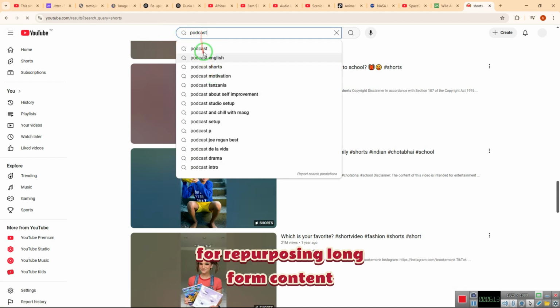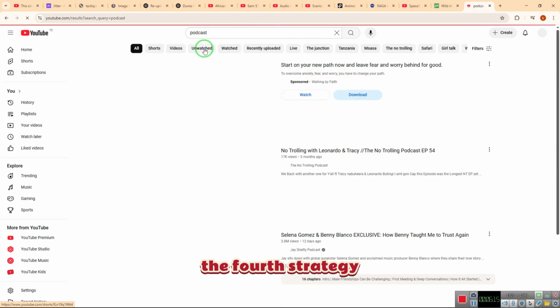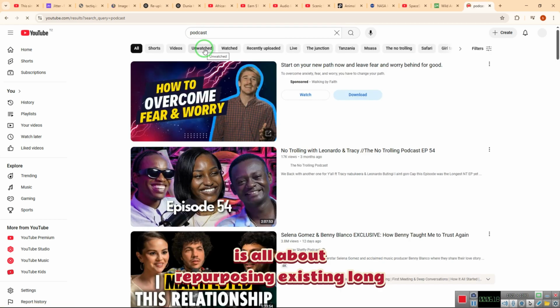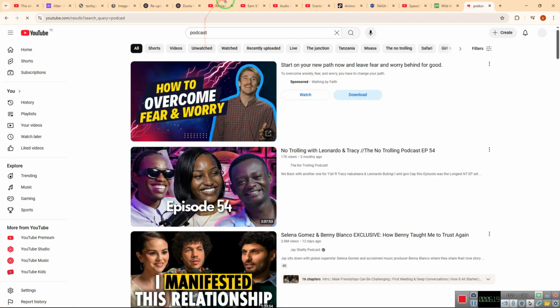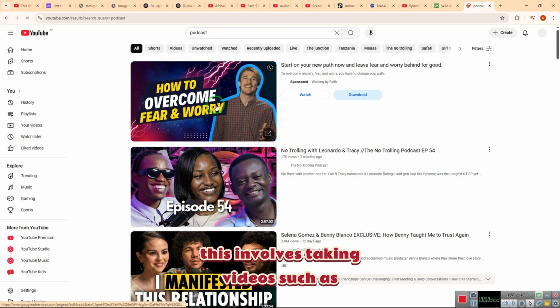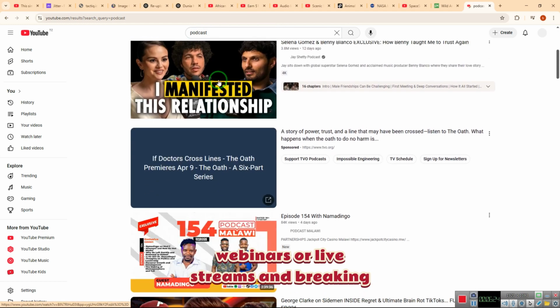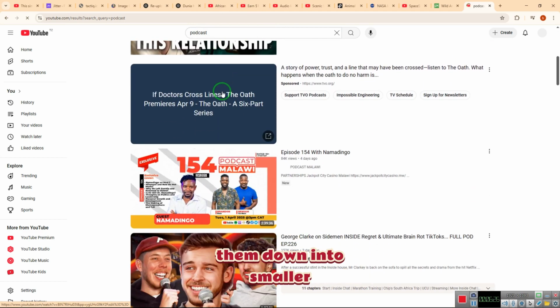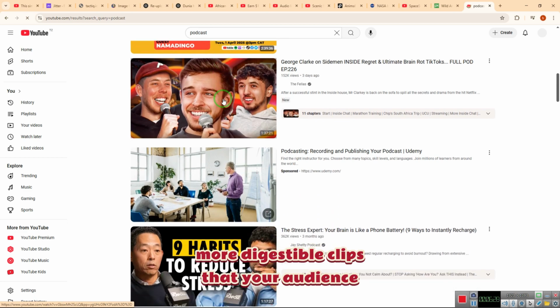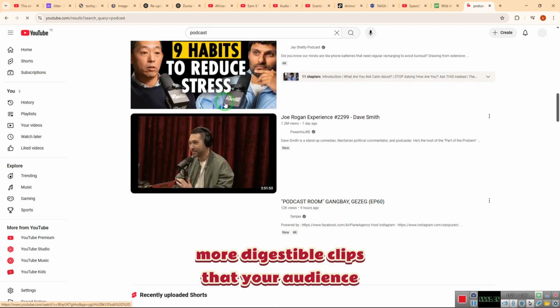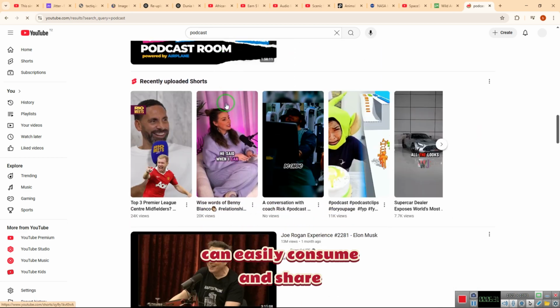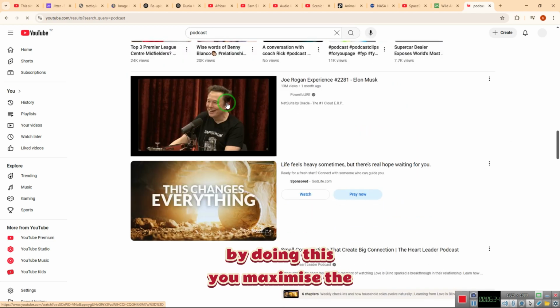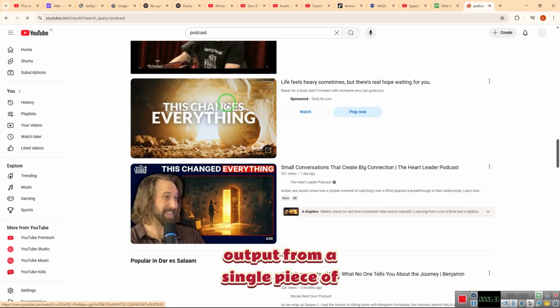4. Repurposing long-form content. The fourth strategy is all about repurposing existing long-form content. This involves taking videos such as podcasts, webinars, or live streams and breaking them down into smaller, more digestible clips that your audience can easily consume and share. By doing this, you maximize the output from a single piece of content.